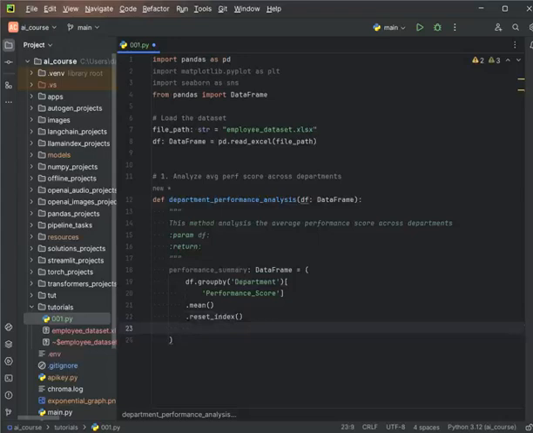So okay, I can rename the performance column. I can rename it to average performance score. So this column here is the performance score, and I can rename it to average performance. So let's just have dot rename columns equals to